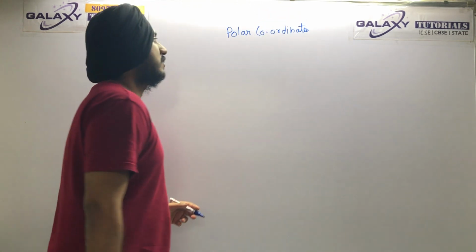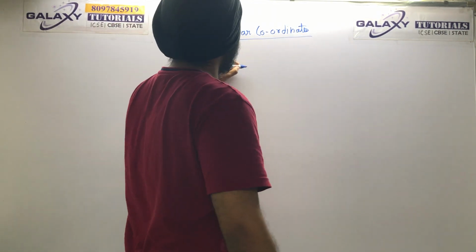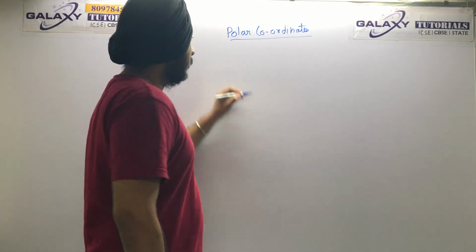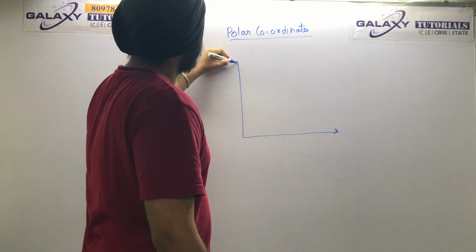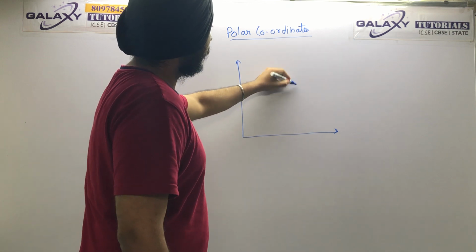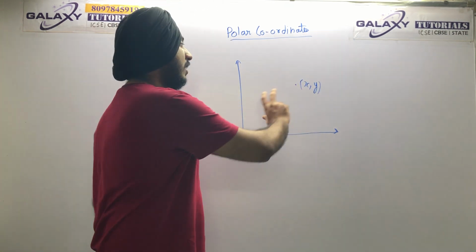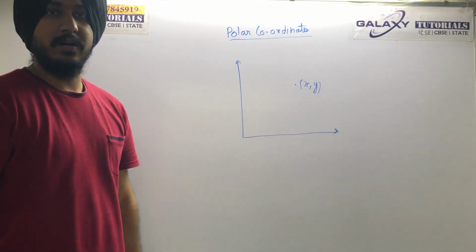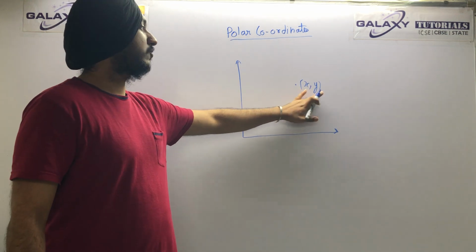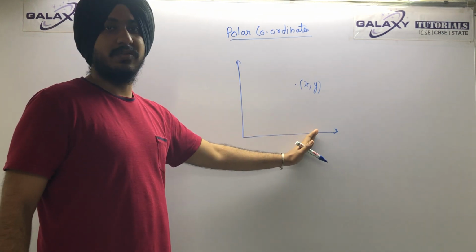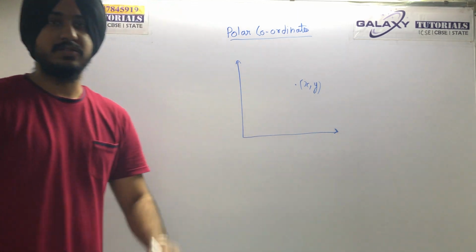Okay, so there is nothing complicated in this. It's a very simple topic. Now, till now you know the Cartesian coordinates. You know how to represent a point. Say this is a point somewhere at x comma y. If you want to represent a point, you will show simply x comma y. It is at x distance on the x-axis, and it's at a height of y. So you know Cartesian coordinates.